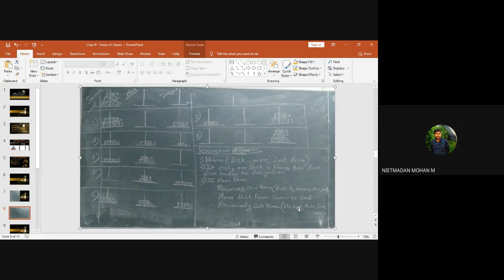And here it is disk -1, so source will go to the last, and the remaining will move one step forward: disk -1, auxiliary, destination, and last thing it will be source. So you want to remember these 3 lines for the Hanoi function. In case of an exam, you just write the recursive algorithm topic, declare a function, give a condition, and execute these 3 lines by calling the recursive Hanoi function. Clear?